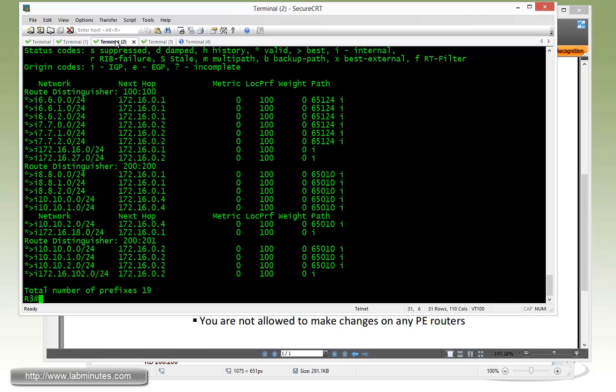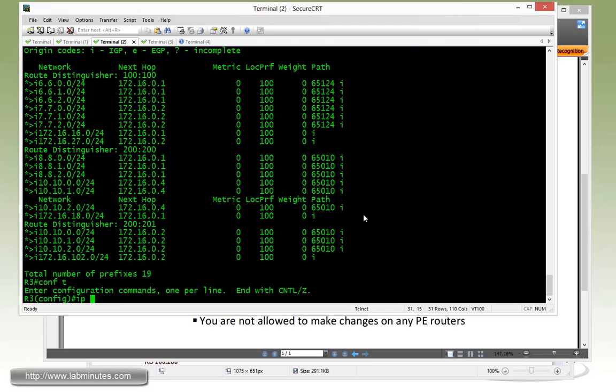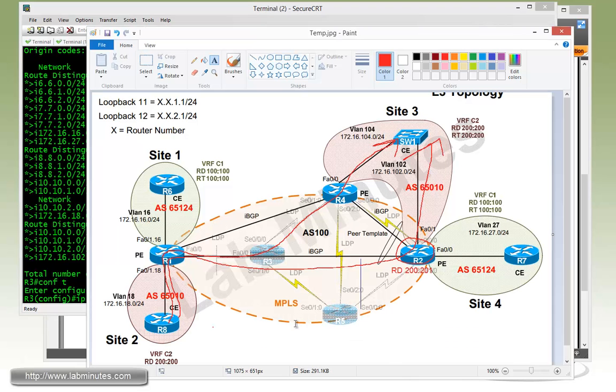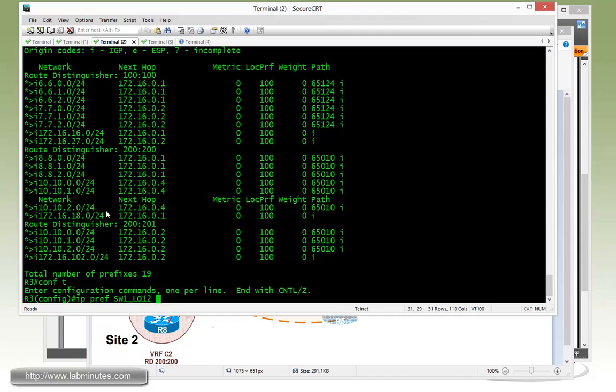So it kind of makes it easy to enforce a route filter. So on router R3, okay, there's nothing fancy about this. I just want to show you that the behavior of configuring a route filter on a route reflector isn't really different from a regular route filter. So for switch 1 loopback 12, let me show you right here. We're going to filter the routes R3 advertises to R1, basically blocking the routes of switch 1 loopback 12. Okay, so ip prefix-list switch1-loopback12 permit